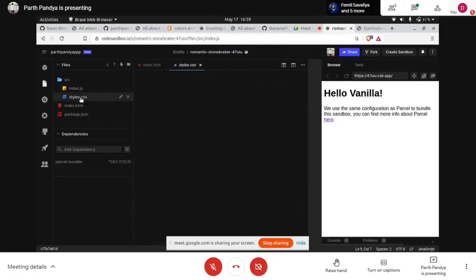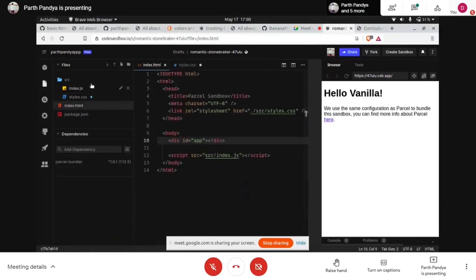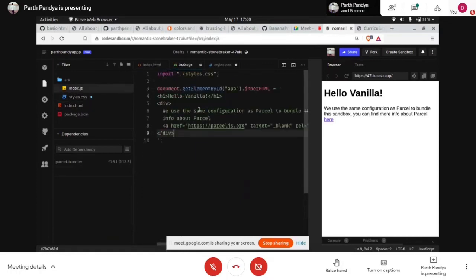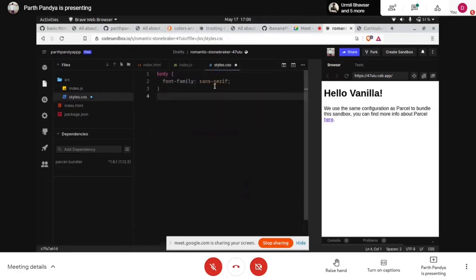So we don't have anything in our styles.css. Let's define something. Let's open this index.js again. Here we have an h1 element. So let's add a color to h1, right? So color, let's say it is blue.